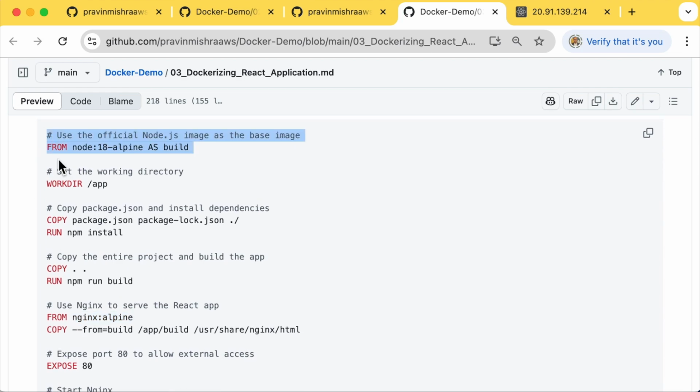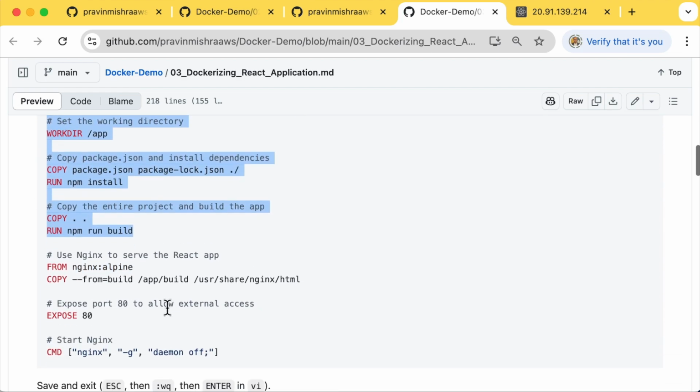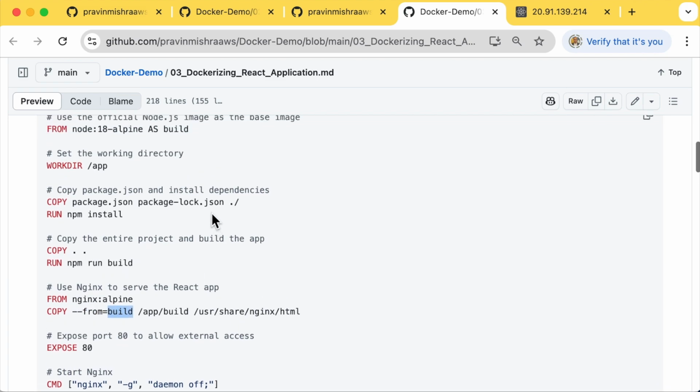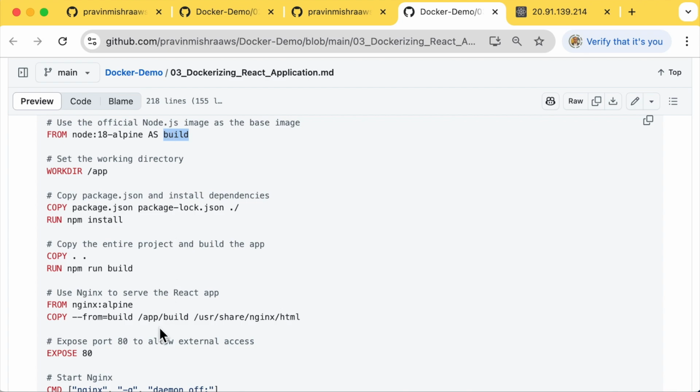This is the one stage, right? Now we are using the second stage here. So again from npm alpine, and in this image, this is again going to get a completely fresh image. Then there we are going to copy from where? From build, right? From this build, what this build in the application is going to build, this build folder, and from there we